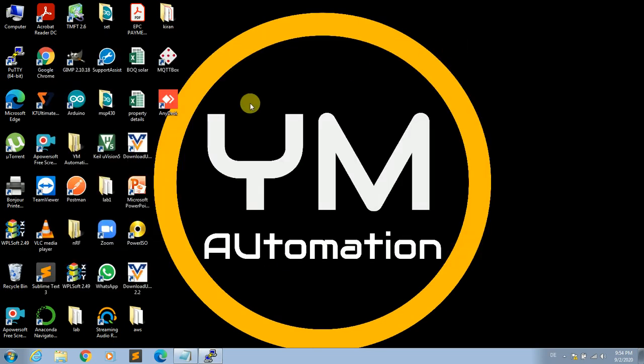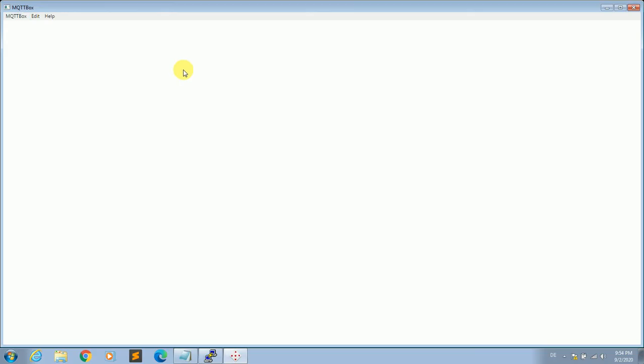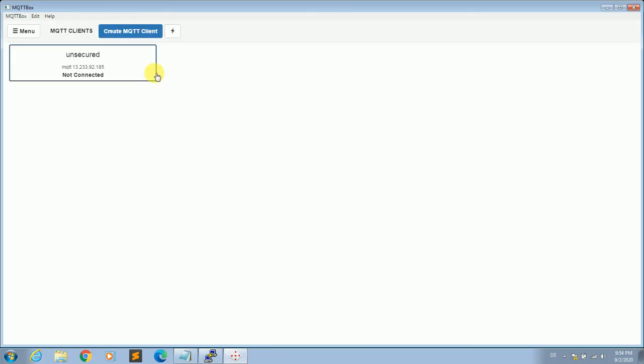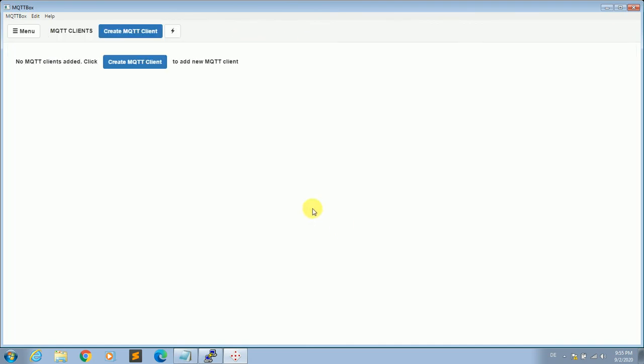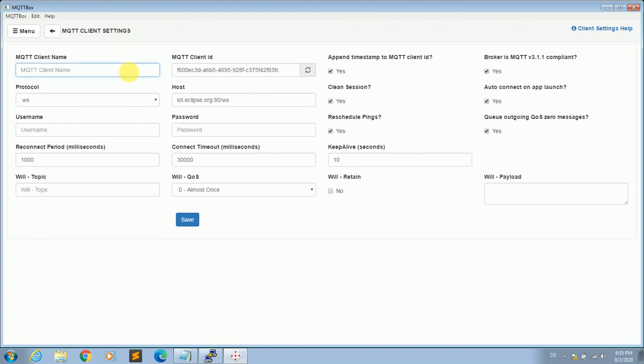So what we do is we go to the MQTT box. I'll delete this one. If you open it fresh, we have to create an MQTT client. You can name the client as you wish. I'm naming it Yogesh. Our protocol is MQTT TCP. Our host is our IP address.